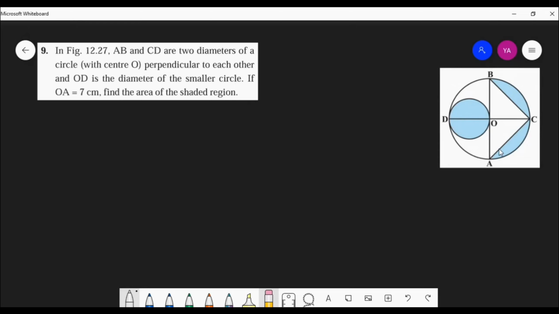Okay, I hope you got the idea. So the different methods: one method you may have thought, we can find the area of the circle. That is possible. We can find the radius, and we can find the area of the small circle, and also we can find the areas of these shaded segments. One segment's area is enough because these two segments have equal area. So find the area of one segment, multiply by 2 and add with the area of this small circle. That's one method, that's fine.